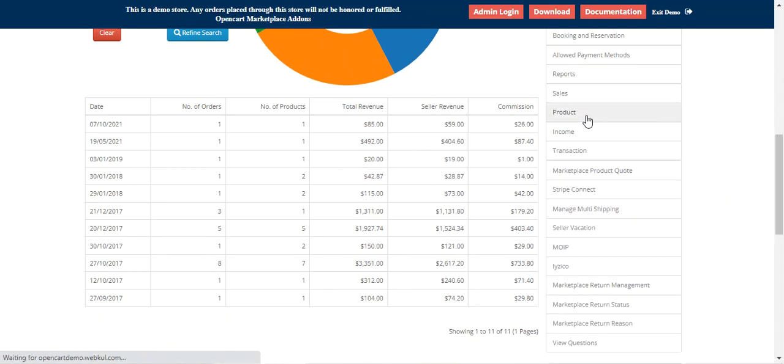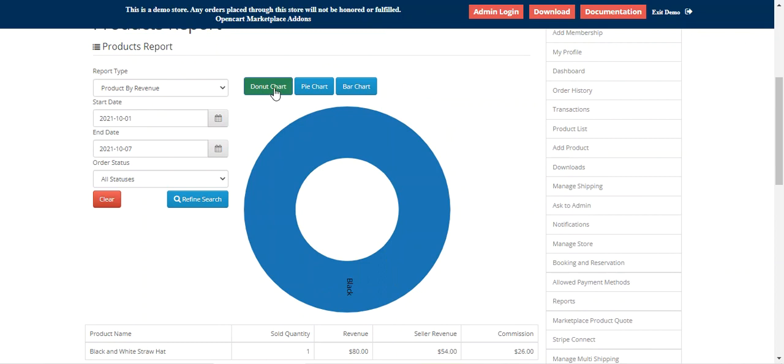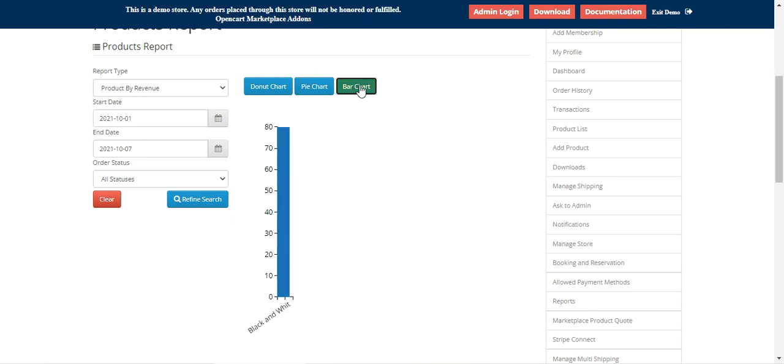Now under the product report, we'll be able to see the complete list of product names, the sold quantity, the revenue, the seller's revenue and the admin's commission there. Apart from that, we can see a donut chart as we can see right now with the revenue there, a pie chart, a bar chart as well for the respective product and the revenue generated by